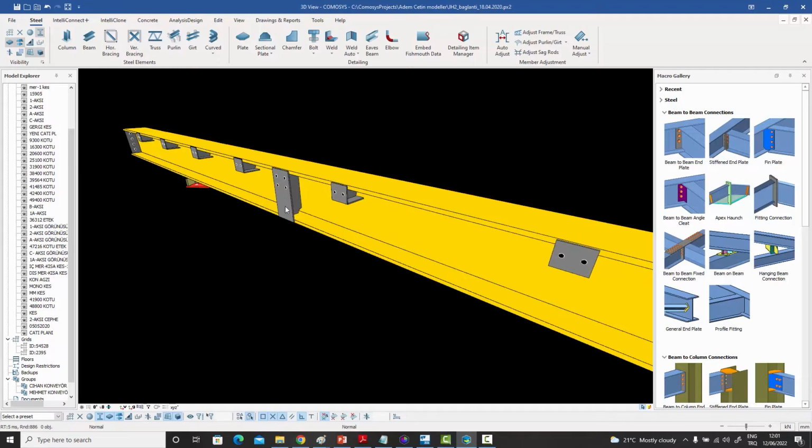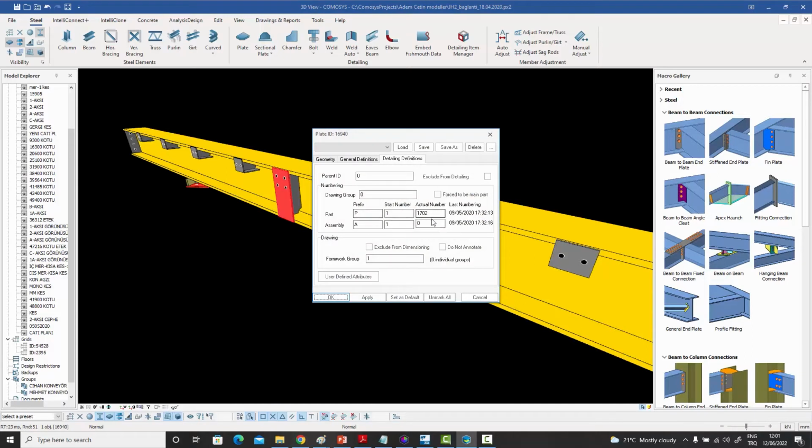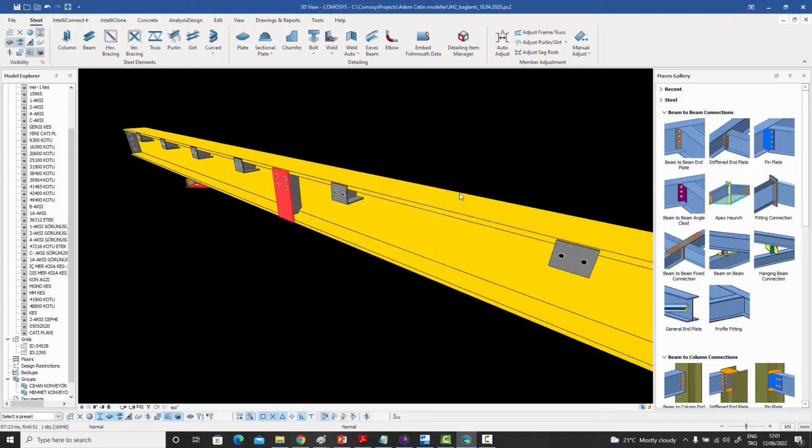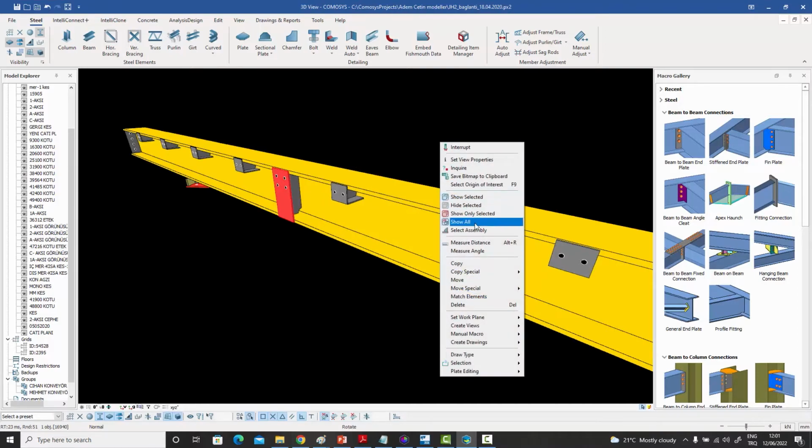But basically, every part will definitely have a part mark. That's for sure. You won't find this number to be 0 anywhere. But wherever you find this number to be 0, all that's telling you is that this part is actually part of a bigger assembly, and it's not the main part of that assembly. So these are the basic concepts behind your part numbers and your assembly numbers. Now, if I were to show everything once again